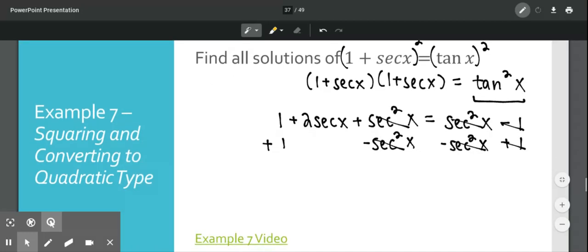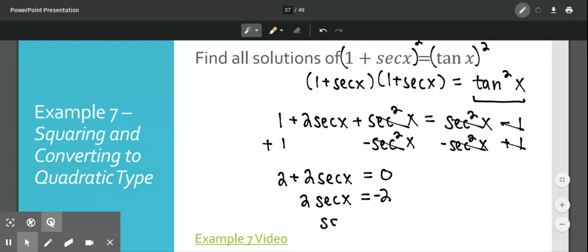So you just end up with 2 plus 2 secant x equals 0. And so now we just have to isolate that function. So we have 2 secant x equals negative 2, or secant